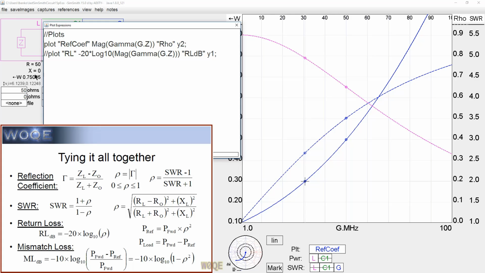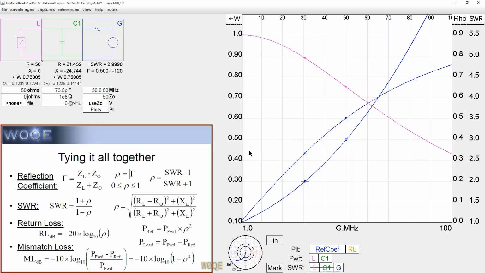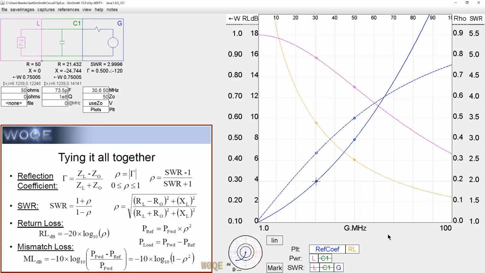Likewise, we will now also plot something called return loss. Return loss, by our formula, is minus 20 times log to the base 10, and log to the base 10 is the SimSmith function of the magnitude of gamma. And we're going to give it a heading of return loss in dB, and it's on axis Y1. So if I take both of these, I close them off, and I click on return loss, I now have